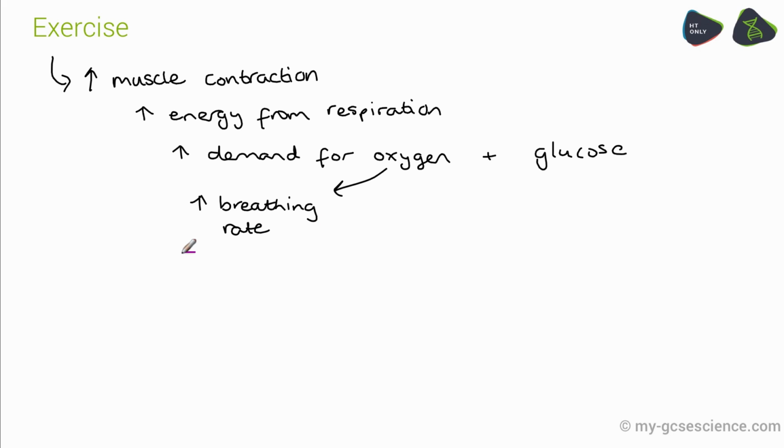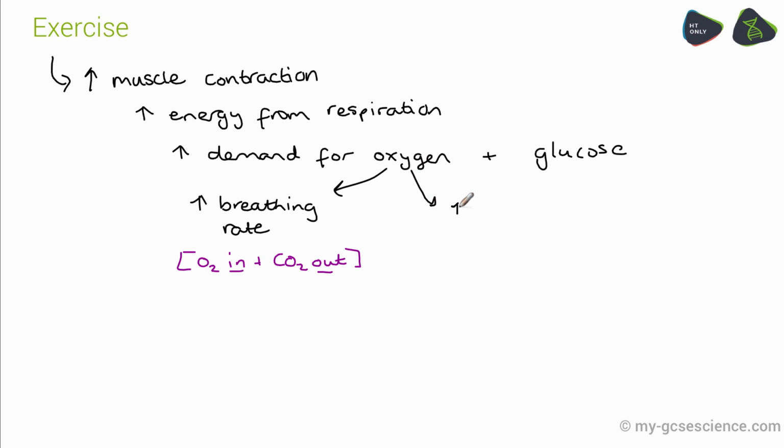And that not only gets the extra oxygen in, but if your muscles are respiring at a greater rate, they're also going to be producing a lot more carbon dioxide. And carbon dioxide will build up in your bloodstream and form carbonic acid, which isn't a good thing. Enzymes wouldn't really like your blood to be too acidic. So you need to get rid of that excess carbon dioxide, and you do so by breathing out. So your breathing rate increases for those two reasons: get the extra oxygen in and get rid of that extra CO2.